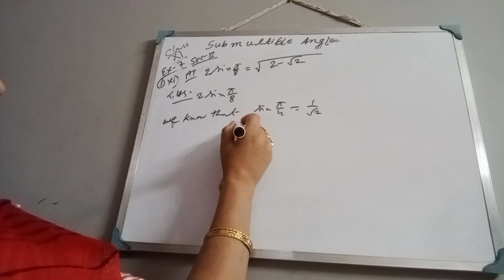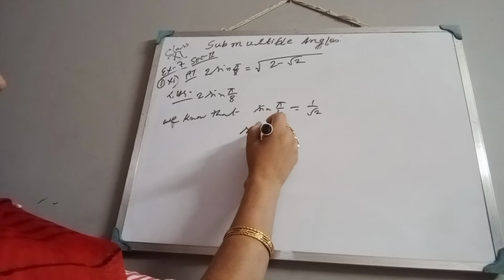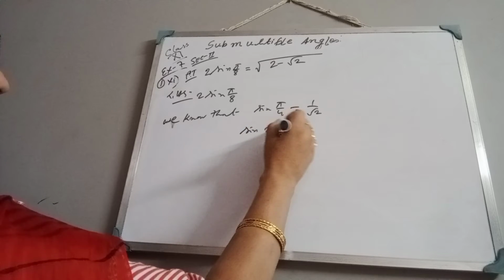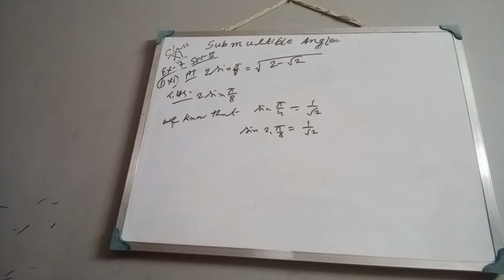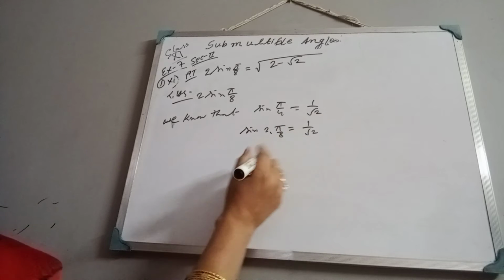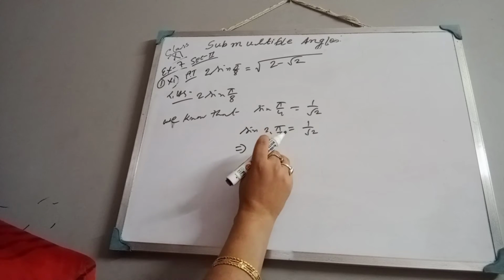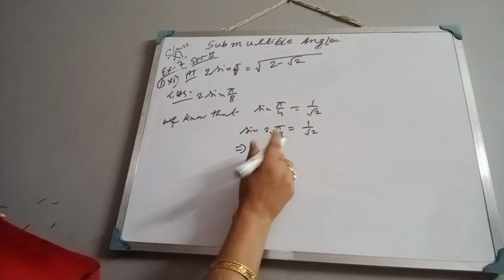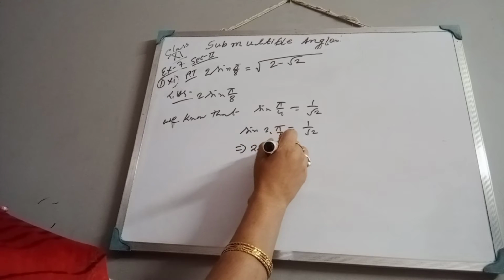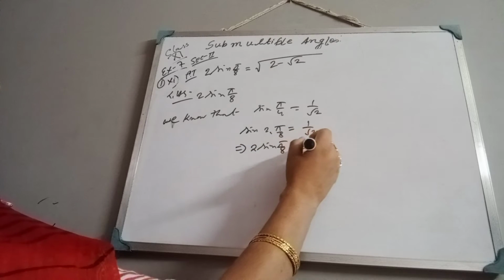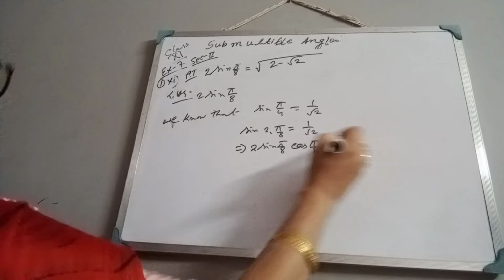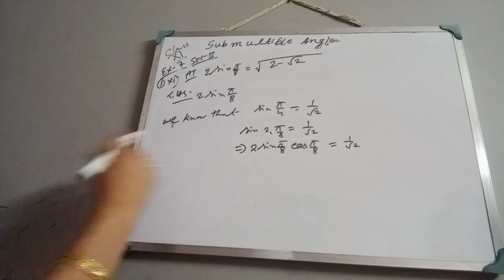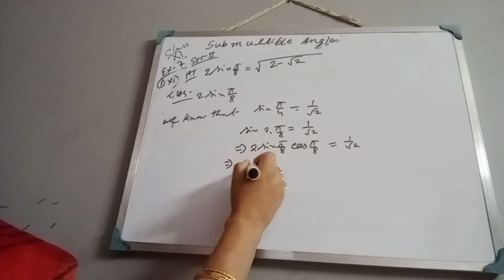That we know. Okay. So this we can write as sine 2 into pi by 8. Okay. 2 4s are 8. So instead of sine pi by 4, we can write sine 2 pi by 8. That means by the sine 2 theta formula, we can write 2 sine pi by 8 cos pi by 8 is equal to 1 by root 2. Now squaring both the sides, what we will get? 4